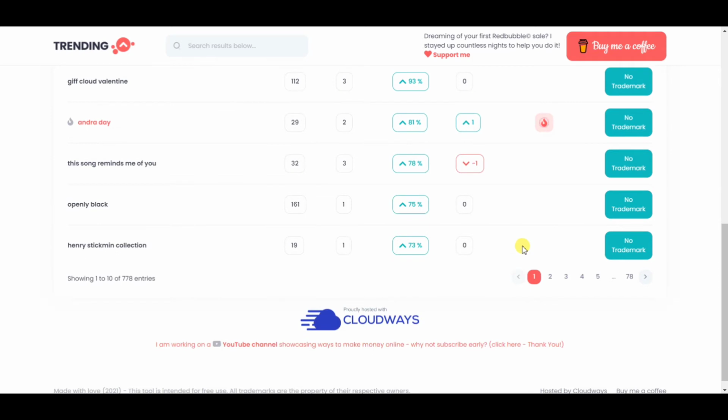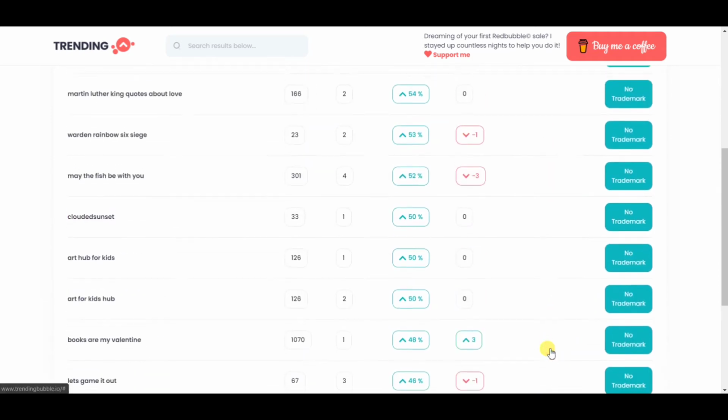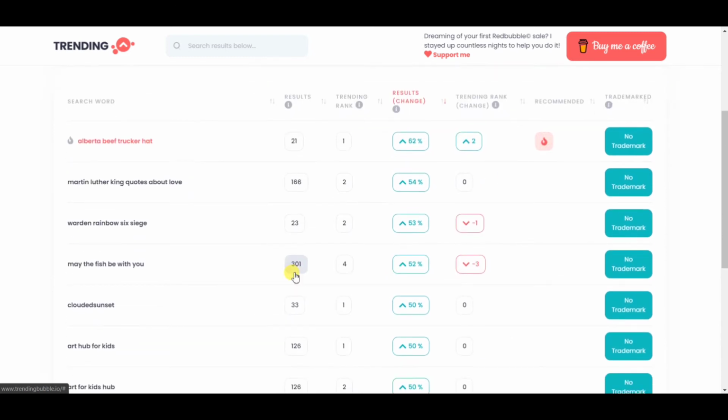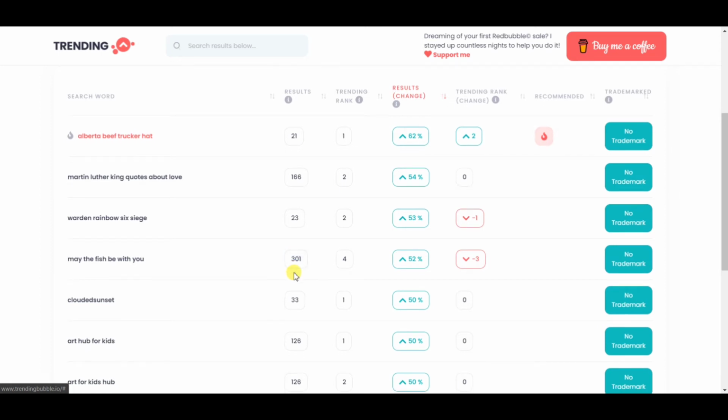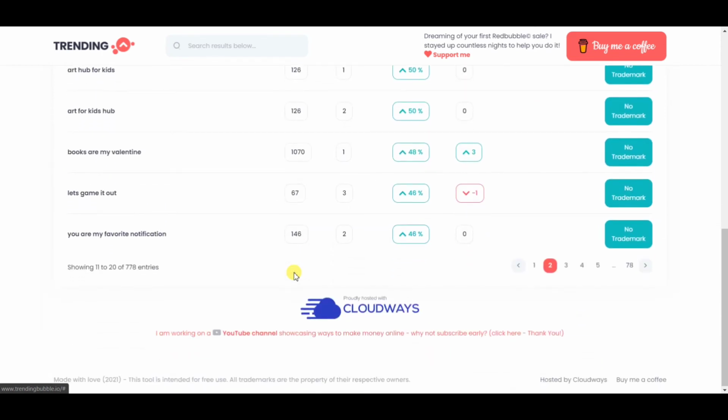I also have a very important message to share with you, which is that if you are going to use this tool, you should ensure that you never tag spam or abuse the keywords given by this tool. You should never do tag spamming using the trending keywords given over here. If you are going to upload a design related to a particular keyword, then you just put that keyword once or twice, not more than that, and don't tag spam, because this is very important,